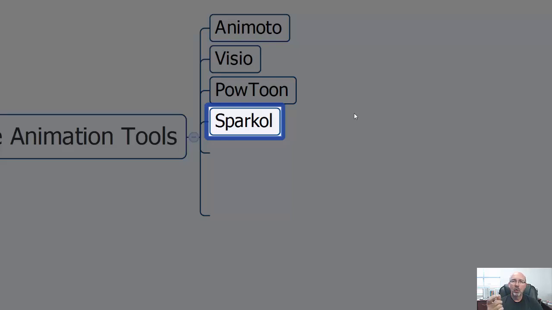Sparkle is a straight whiteboard software. And the unique thing about Sparkle, I used to use it, but there's so many different things out there. You have to pick one thing or two things that you're going to use constantly. Animoto, PowToon, and VideoMaker FX are how I generate the graphics, and how I do screen captures with Camtasia. Sparkle is a great program,